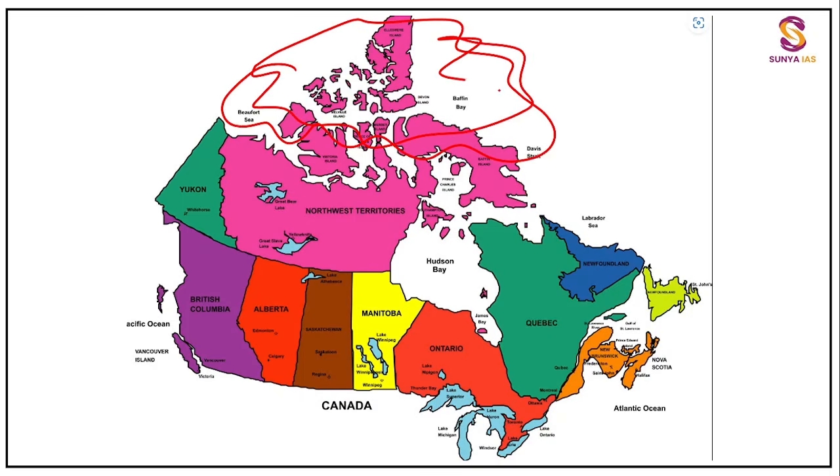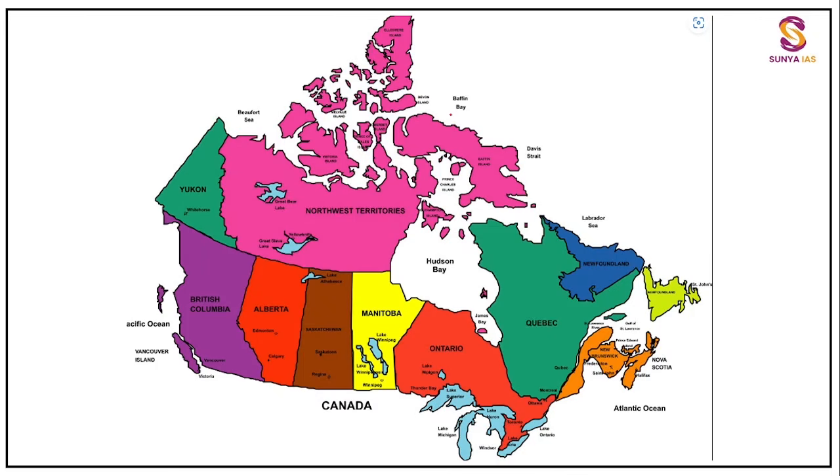We will be understanding this map, because over here there are a lot of seas and bays, like the Labrador Sea, that you have to understand, and this type of information comes in the examination. Not the political divisions like Ontario, Manitoba, they will not be asking you like this. But these are certain important cities too, like Quebec, Ontario, right?